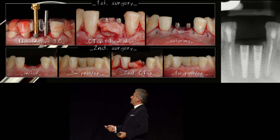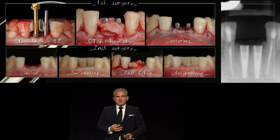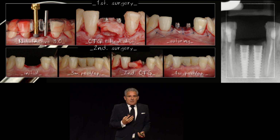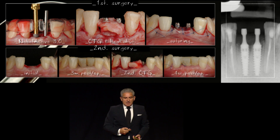So this is how to extract both central incisors. This is the second reevaluation after 3 months of this surgery. And what we did was another connective tissue graft to hike up the tissue and create more volume. And obviously, this can only be done if the prosthetic part of my future is allowing me to